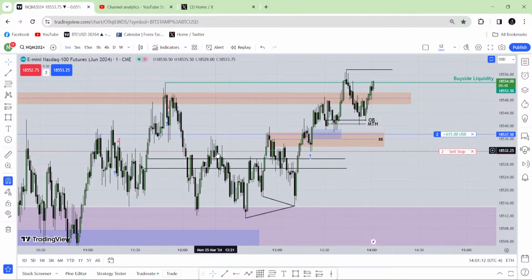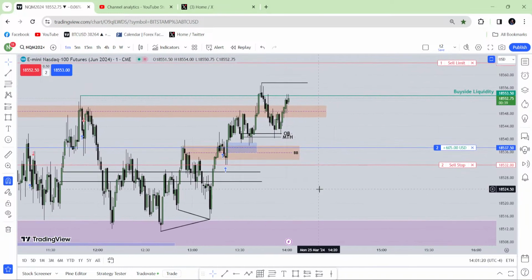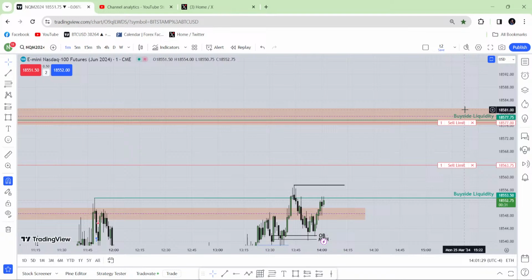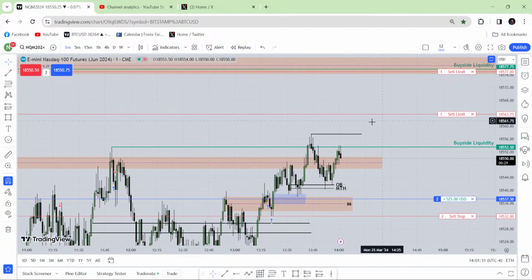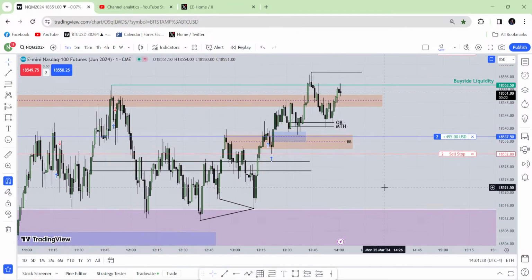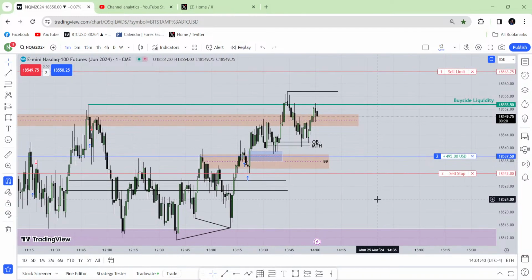The reason was this breaker block was inside the lunch hour. So when it is inside the lunch hour, I'm not interested to go for that breaker block. Still, I'm intense because all I need to see is a body close above that high. If it is going to happen, I'm going to be very confident that market is coming here to take that buy side liquidity. If it is not going to happen, maybe I will be stopped out, I mean, sorry, with a small loss. But still, I'm okay with that. I have nothing to do. I have to accept the loss.